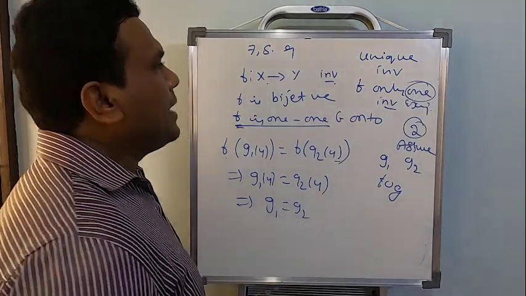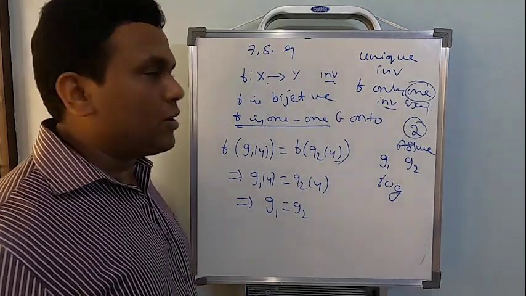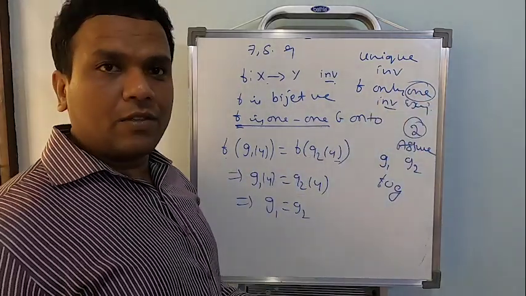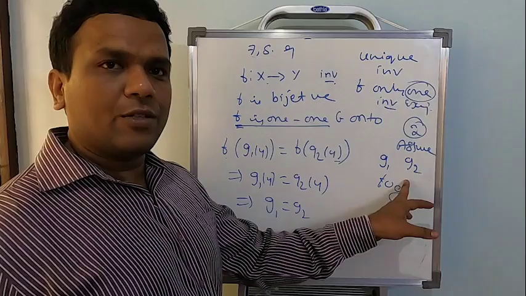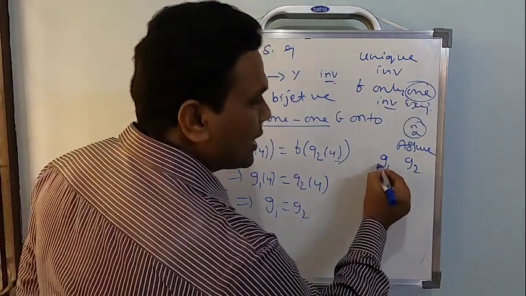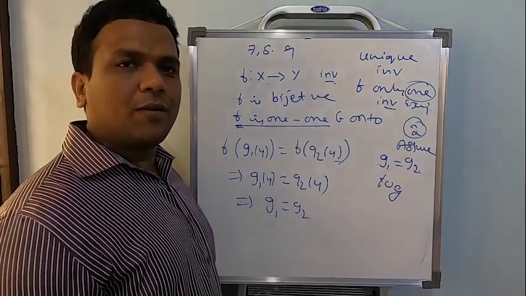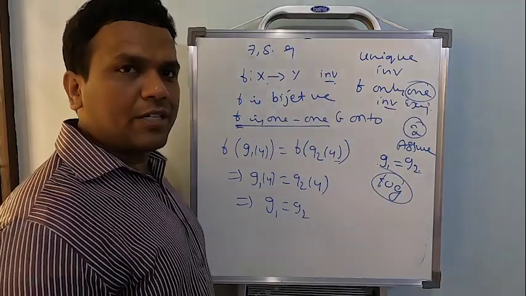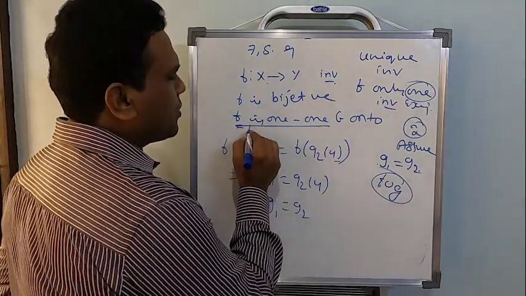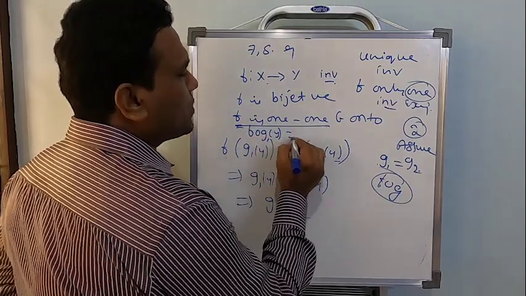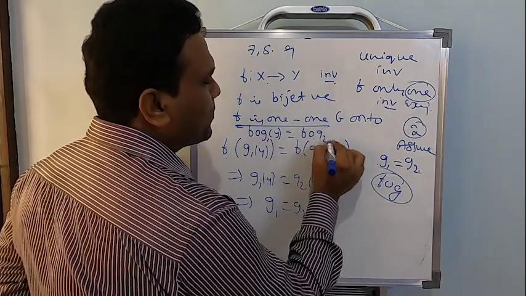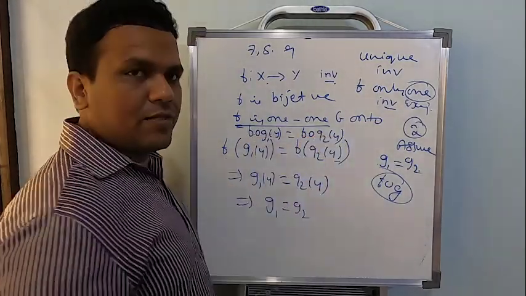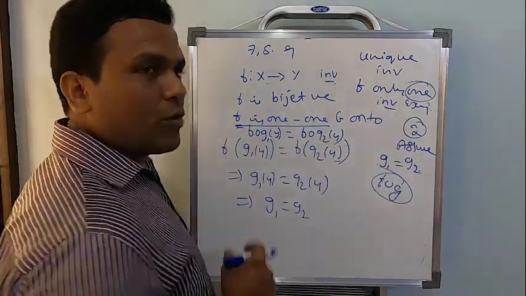I will explain once again. f is bijective, it is already invertible, therefore it is bijective. If it is bijective, 1, 1 and onto. To show that there exists only one inverse for f, you assume there exist two inverses, g1 and g2. But finally we have to prove only one inverse. So assume there exist two, but finally show these two are equal. To do that, since f is already invertible, I will take this composition condition f of g. I should have started with this actually. So I think now you people can understand better. Right, it's already invertible, right? So f of g1 of y should be equal to f of g2 of y. Clear, right? Because I assumed two inverses, correct now?